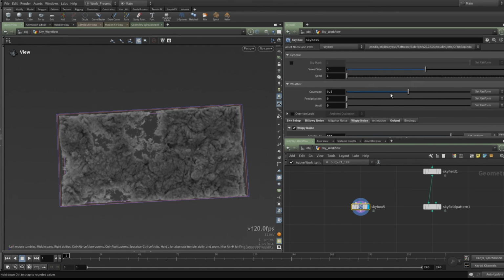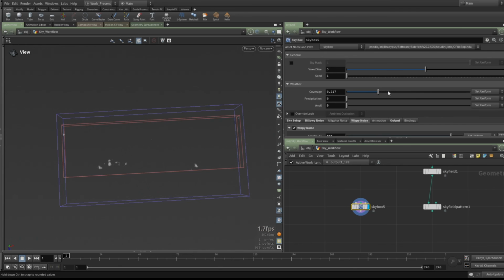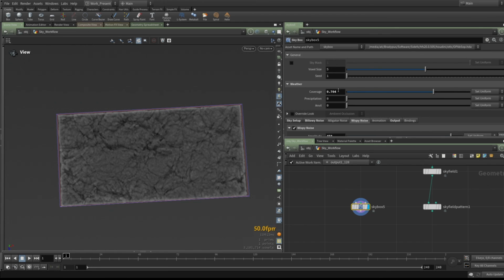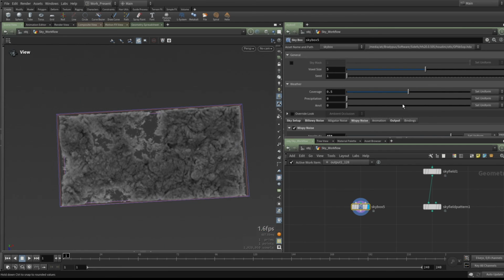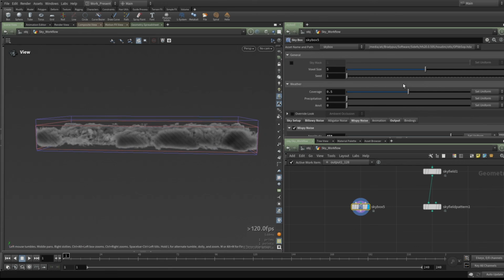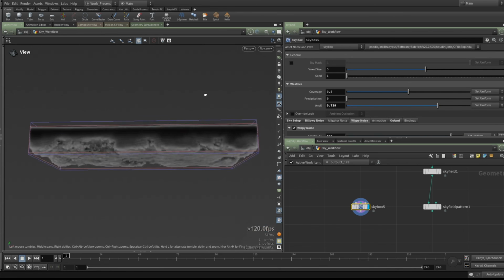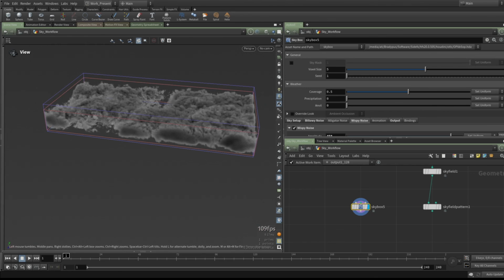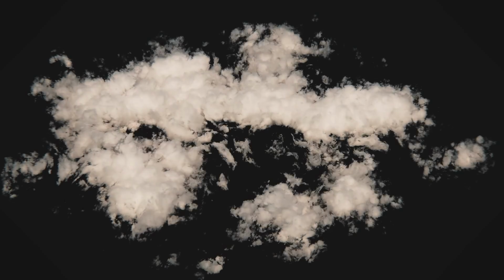So these are the main controls. With coverage, you can control how much cloud you want. We have precipitation and anvil controls, so that it just fills up the top of the cloud, etc. etc. And yeah, so to show you sky coverage, this is